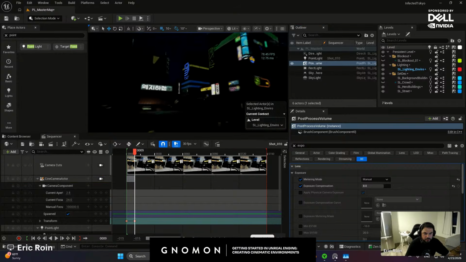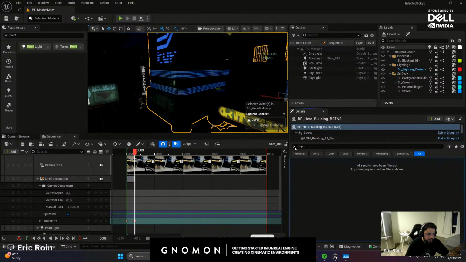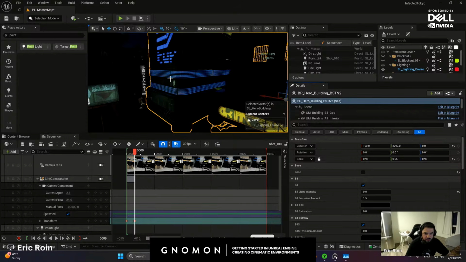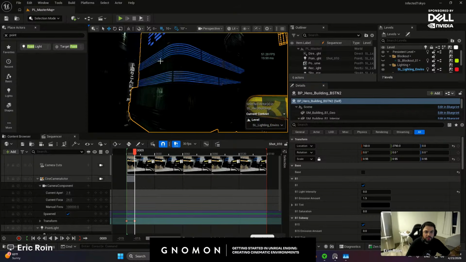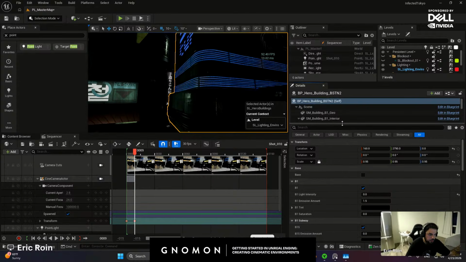Right, let's continue on. So we have this environment here. Now let's check out this building and see if there's a way we can mess with the material and maybe increase it a bit more so it starts to come up with some more blue. And I'm still pretty new to these assets. I just got them before the stream. So there might be ways that I'm doing something wrong, or maybe artists blend it a different way.